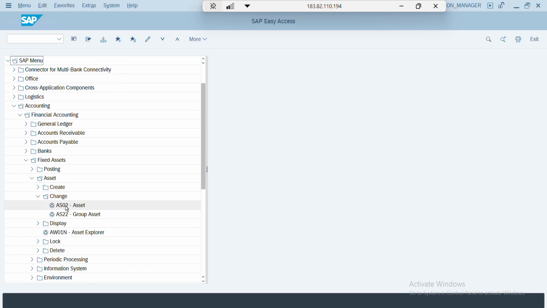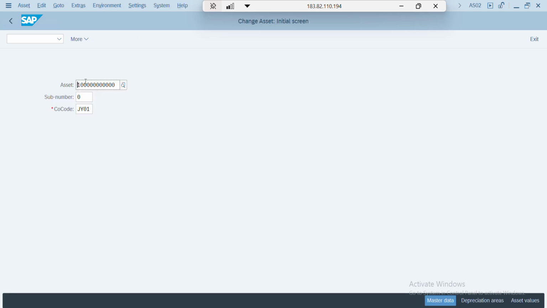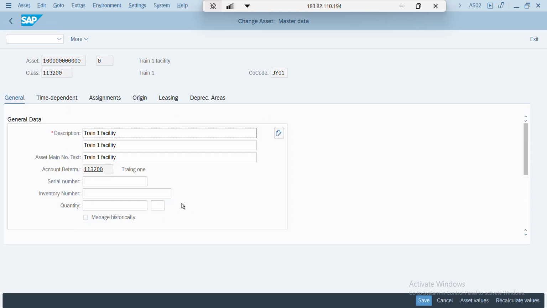Here you see the T code is AS02. I'll double click on it. This was the asset code that we created last time. The system has automatically recognized the asset code that we created. We've not created any other one, so the system is just bringing the one we've created so far. The company code is GY01. I'll just go ahead and click enter on the keyboard, and then it will bring me to this environment, which is